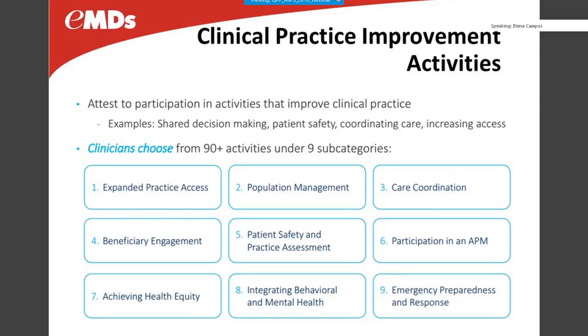Moving on to the next MIPS category, clinical practice improvement activities. This is the category that is completely new, and there is really a huge amount of items to select from. There are the 9 subcategories listed here, but under these 9 categories, there's a total of 90 or so activities to actually report on. Now, for 2017, you only have to select 1, and these are activities that are much